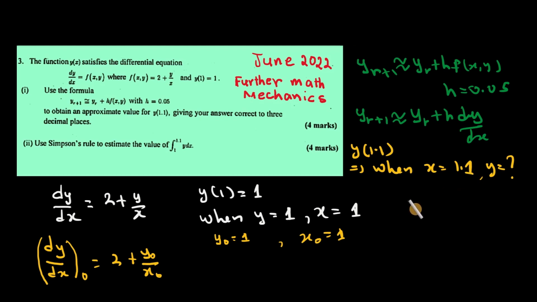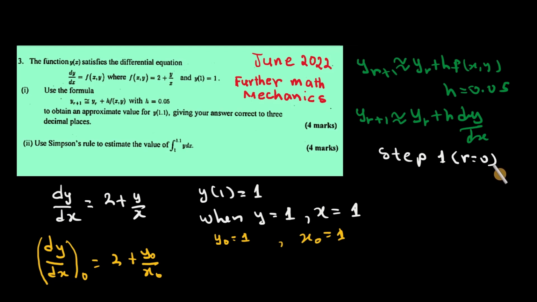The value of x at each step of approximation is obtained using the formula x r plus 1 is equal to x r plus h. That is, when r equals 0, we have x0 plus 1, that's in the place of r I put 0, is equal to x0 plus h. 0 plus 1 is 1, so x1 is equal to x0 plus h. Step 1. This step is when r is equal to 0. That is, this equation becomes y naught plus 1 is approximately equal to y naught plus h times dy/dx